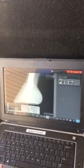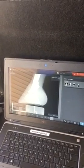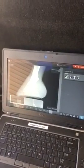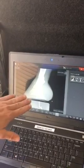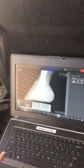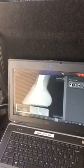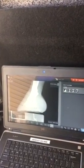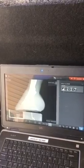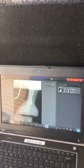This gapping doesn't look too bad as far as the space between your dorsal hoof wall and your coffin bone. That looks pretty good. It's pretty even. The orientation of your coffin bone within this hoof capsule looks pretty good. You have a positive angle between the ground and this coffin bone, so this is slightly up comparatively to the ground. She does have a negative palmar angle on this foot, so that's the only negative thing I